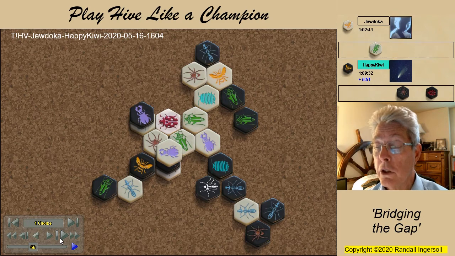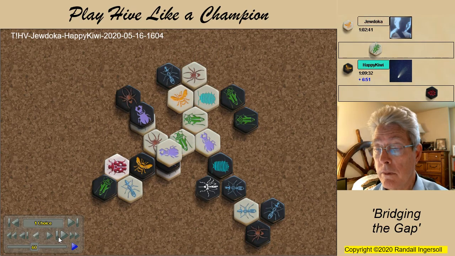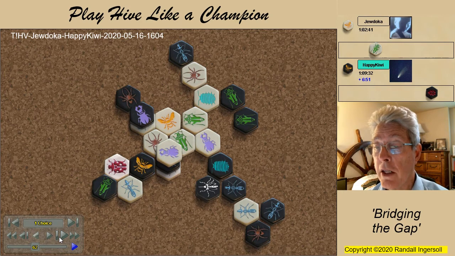White continues using the inner hive. Black has to free the beetle to move forward for defense. At this point, black cannot allow the white spider to be warped over to here, freeing this grasshopper, keeping the white spider pinned. The white queen moves forward, freeing the grasshopper,